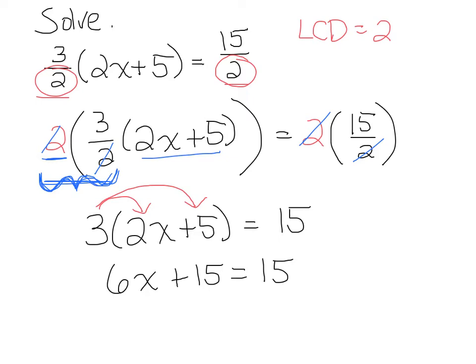Now we're going to subtract 15 from both sides. Again, we want to eliminate the number that's being added or subtracted. We want to eliminate that before we try to eliminate the number that is being multiplied by x. So if there's a doubt, always make sure you are eliminating that number that's being added or subtracted from x. So we're left with